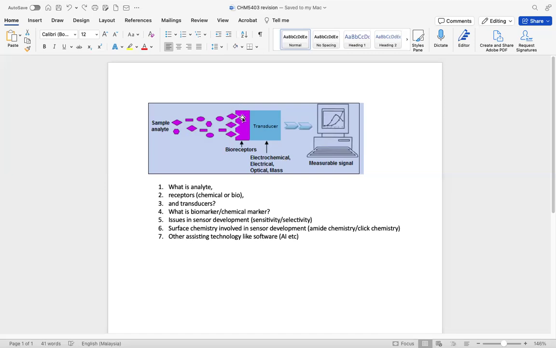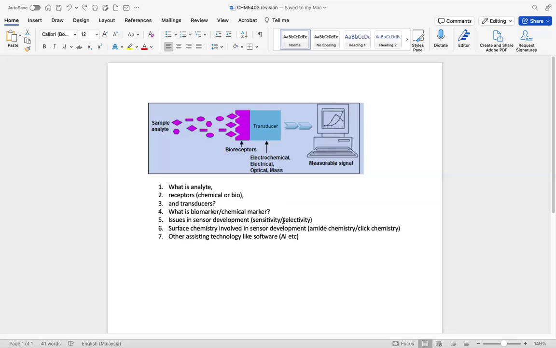The interaction should be very specific between the analytes and the receptors. But of course, there are a lot of issues in terms of specificity or selectivity, and sensitivity. So when we talk about receptors,